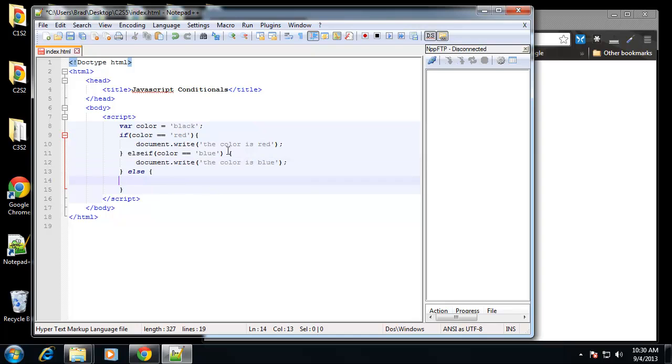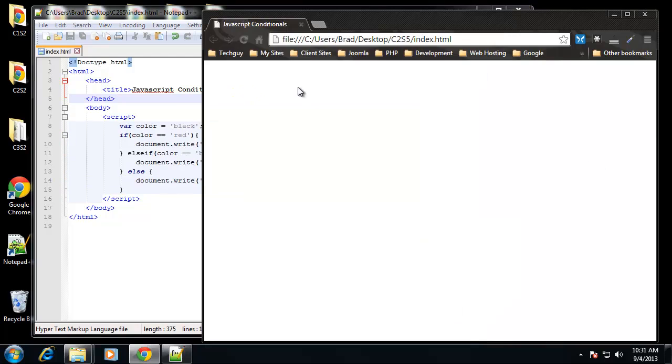Now what this is doing is checking to see if color is red, and then it's going to print out the color is red. Then it's checking if the color is blue, and it'll print out the color is blue. This is saying if it's anything else except red or blue. Alright, so let's just do document.write the color is not red or blue. Alright, so it's very simple logic. So if we save this, if we keep the color black,